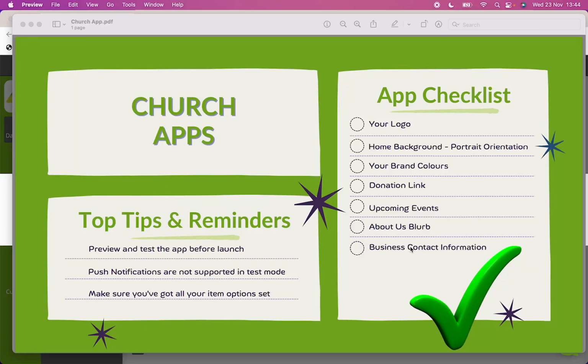Hey there. Today I want to show you how you can build a church app using the AppInstitute app builder. It's really quick and really straightforward to do. Before we get started, I just want to go through a few things that are useful to have in preparation